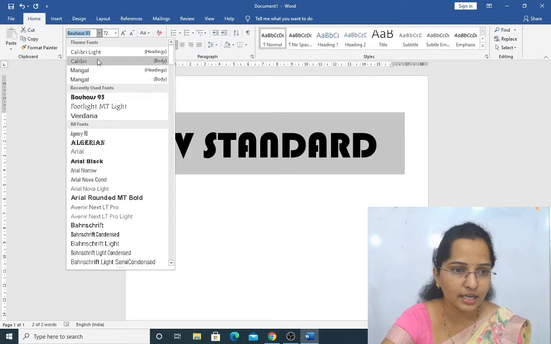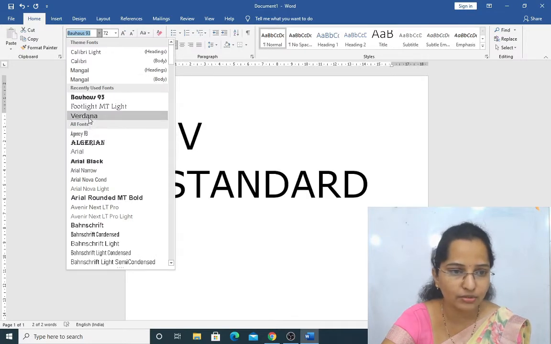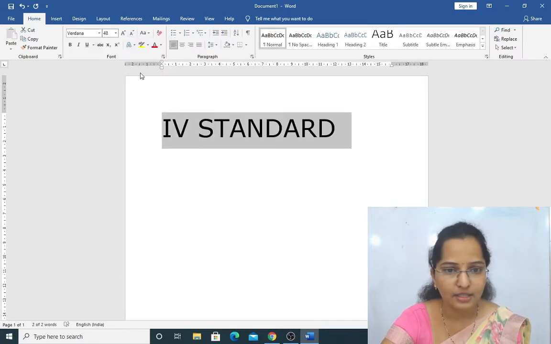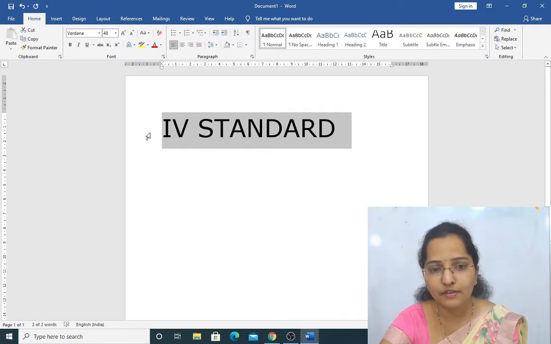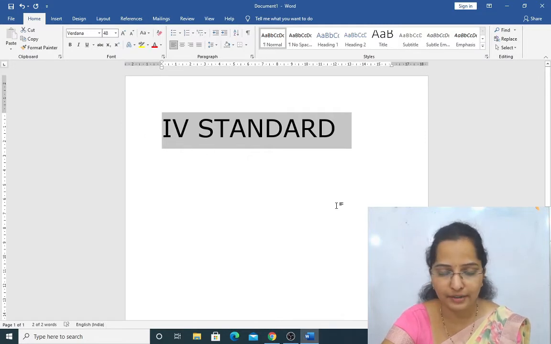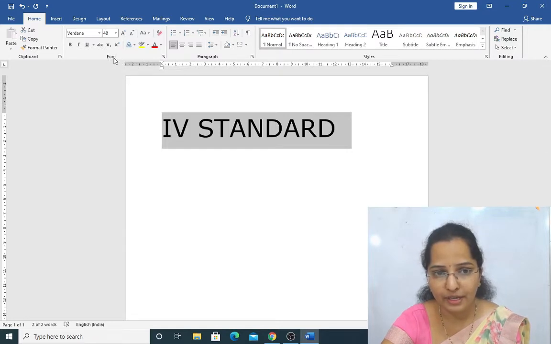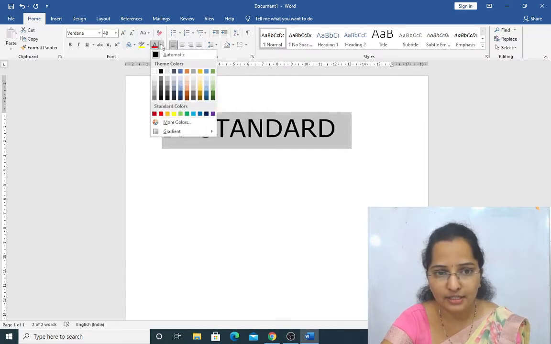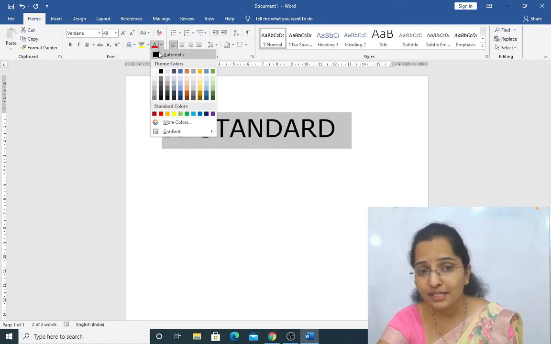For better understanding, I will take the word Vardhana so that you can understand. Yes, I want to change the font color of 4th standard. How to change? In the font group, again, can you see this? A letter with a red color underline. Yes, click on this like this here. Now, please observe carefully.